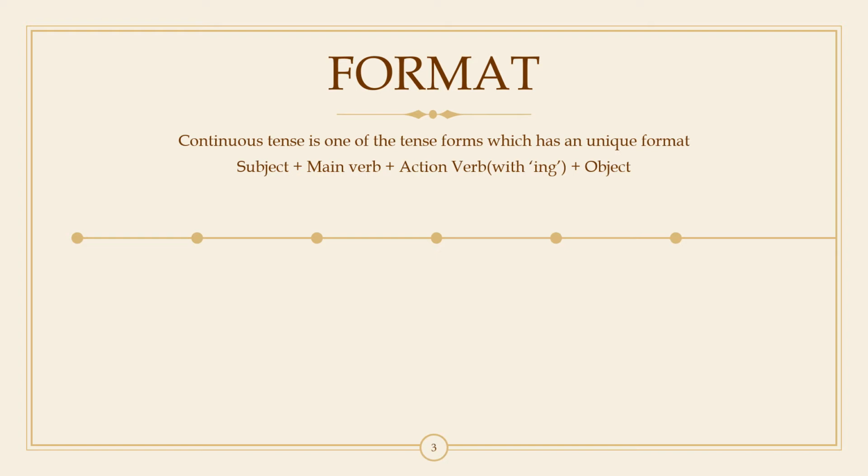But then the continuous tense form is not that kind of a tense form. So a continuous tense can be attributed to only a form which has a unique format. So the format is given here. I don't intend for you to be confusing yourself with this format. This is only for a holistic understanding. But the format comes to you only by practice. So when you practice, you don't have to remember this format, like I have been insisting from the last semester. So look at the format. You have the subject plus main verb plus action verb plus object.